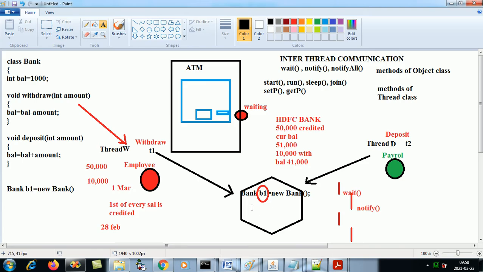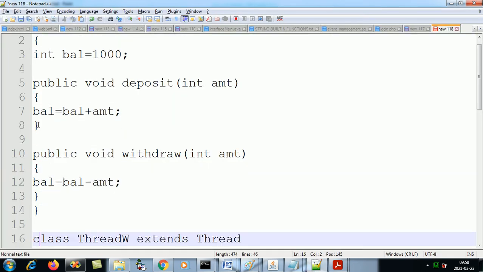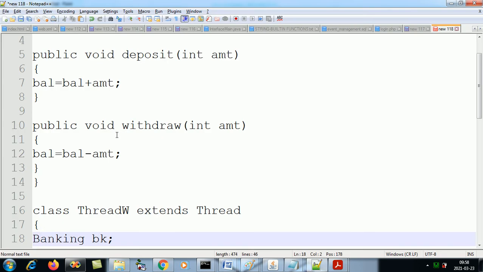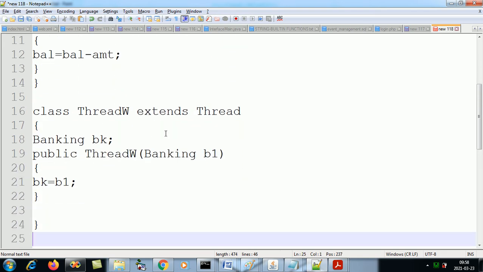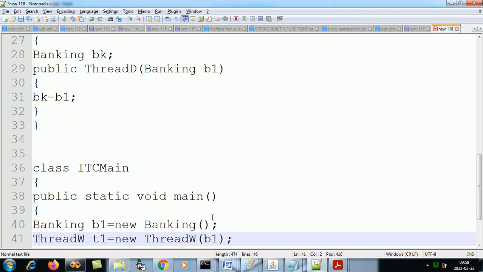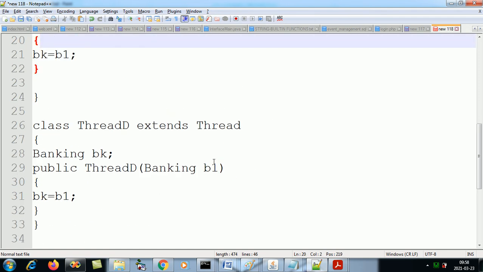Because I wanted to make a banking object, so that using this object I can call the methods withdraw and deposit. And as I have to make two threads, T1 to withdraw and T2 to deposit, I have made two classes, class thread W and thread D. While making the objects I have passed the banking object as an argument. So this will go in the constructor, and from the constructor it will go in the BK object.